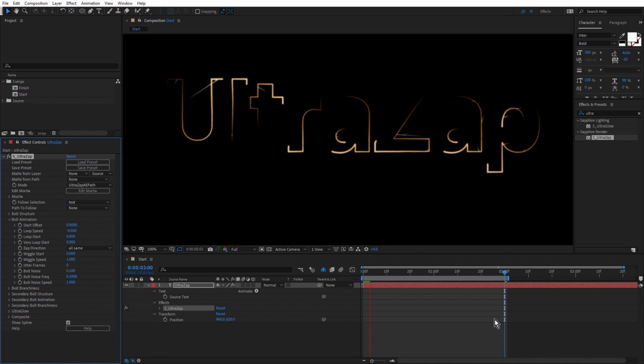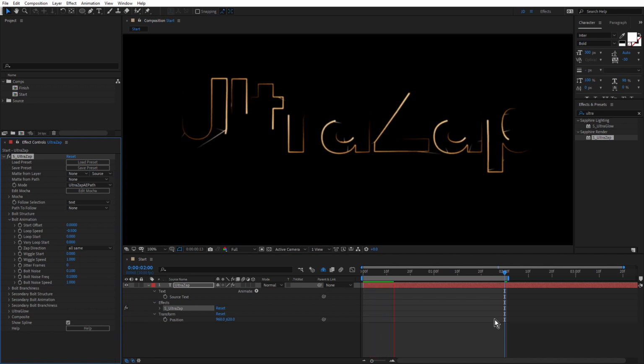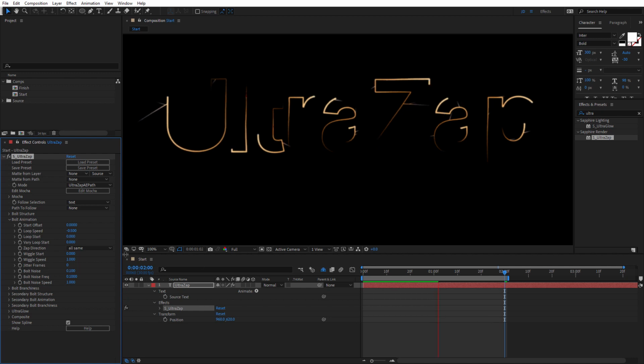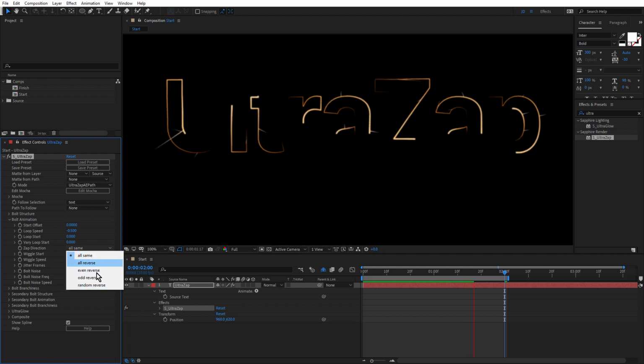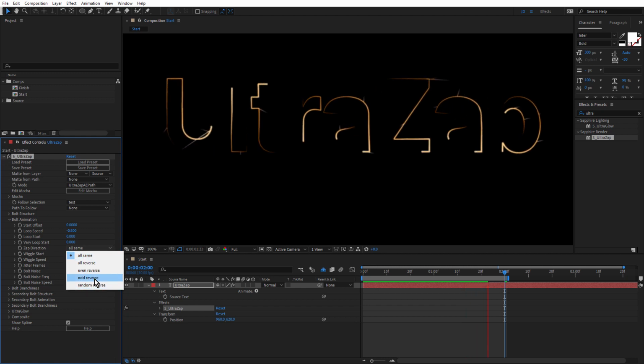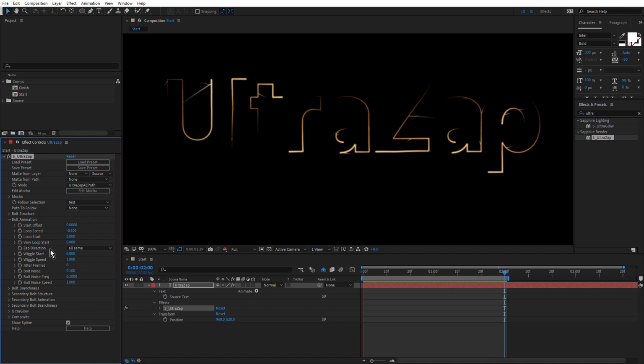And now we'll get a full revolution over 2 seconds, moving at half the speed. While I let that RAM preview, you can see we also have Zap direction settings. And there's even a random reverse setting, so you should try some of these out and check out the results of those. Okay, so now we have our Zap moving at half the speed.